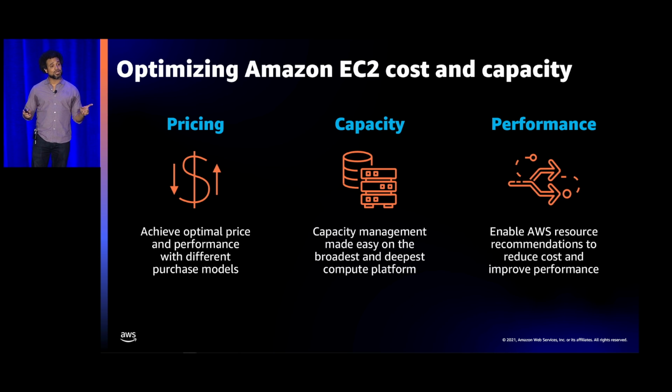But we do have tools to help you with that, and a powerful one is the Compute Optimizer. This was launched, I think, a little over a year ago. What the Compute Optimizer does is look at your historical CloudWatch utilization across EC2 instances, EBS volumes, and Lambda, and it will make up to 3 recommendations per resource. It makes those recommendations based on models trained over millions of workloads.